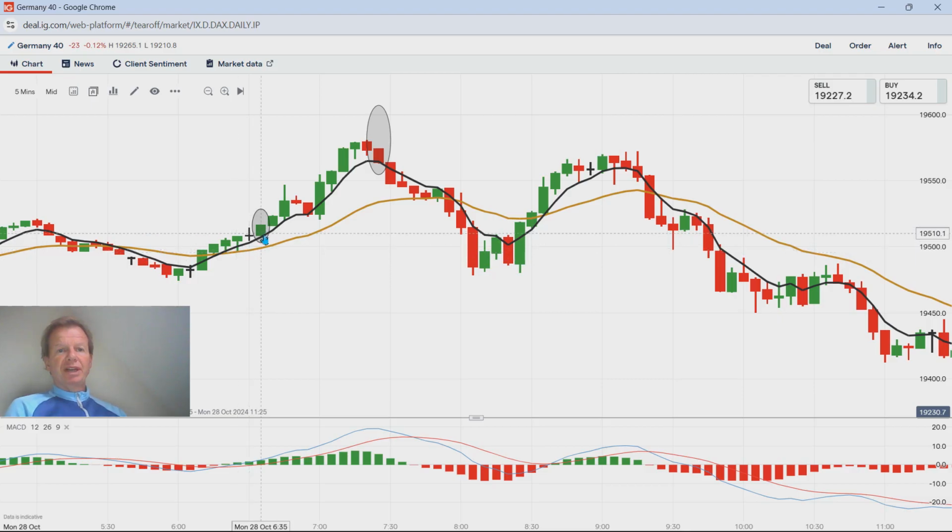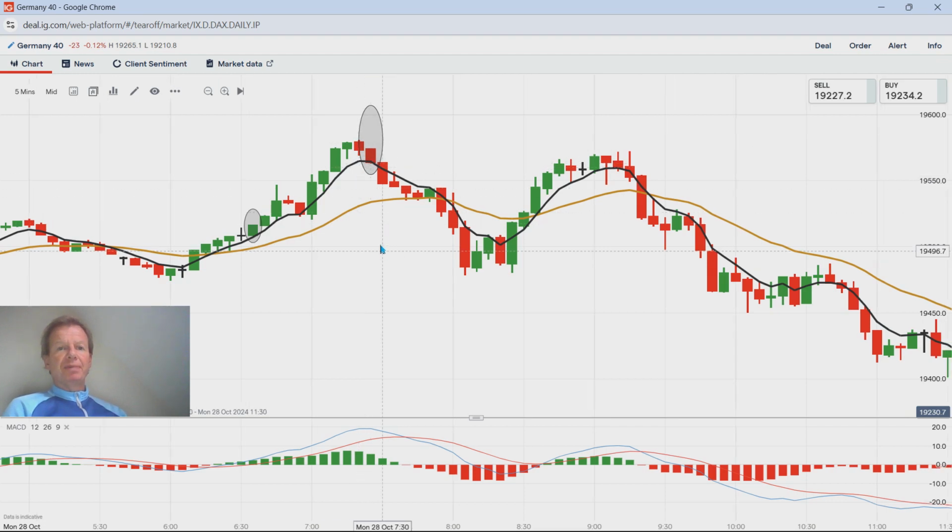So I got in here. You can see it's just about crossed here, and I set my order for a limit. I was only looking to take like 50 pips. So we go all the way up here, it's 913, so about 70 pips or so. I actually got out here. The trade took me out at about 50 pips, but as you can see, it starts turning down here.